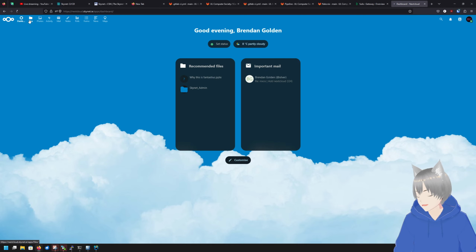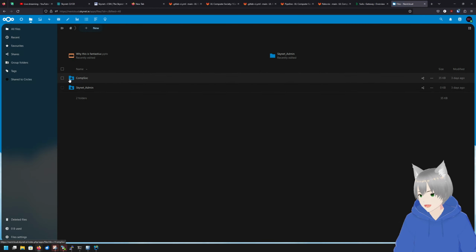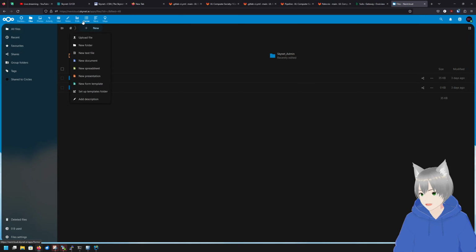So basically, if I get access to files, a few of them are given access based on what groups I'm in. You can do new file, document, spreadsheet, presentation, blah blah blah.